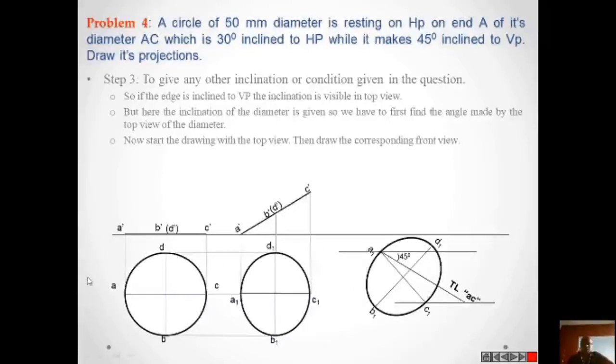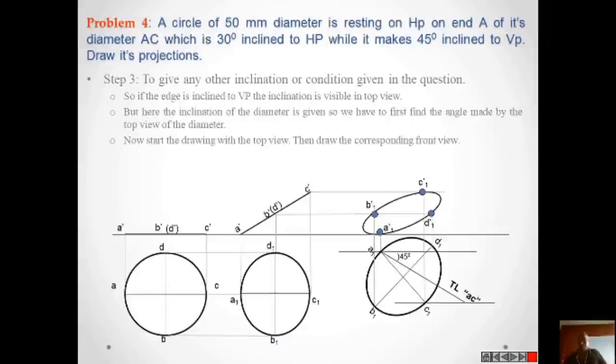So based on A1 C1, you construct the remaining ellipse. Here it is circle and here it is ellipse. The same ellipse we are drawing here. This ellipse A1 B1 C1 D1 we are drawing here, and from these points you will draw projections and then locus lines from the immediate previous front view, and intersection points we are identifying, and we are completing the ellipse.